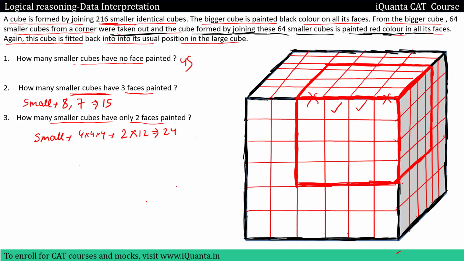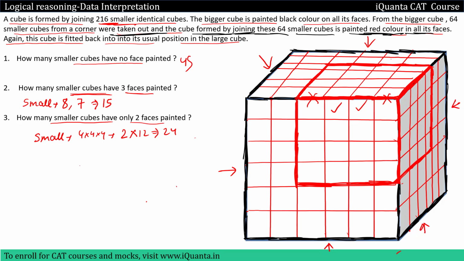Then if we come to the bigger cube, how many edges are still intact in their previous situation? See, this edge has not been modified. This edge also has not been modified. This edge is not modified. This edge is not modified. This particular edge has been modified because there has been some cutting and coloring, so we will not consider it. Let us count only those edges which are still intact in their original form. Then this edge is in its original form, this edge as well.